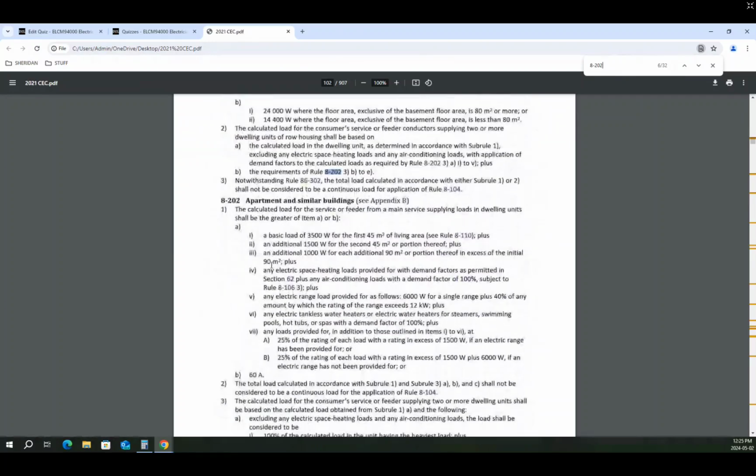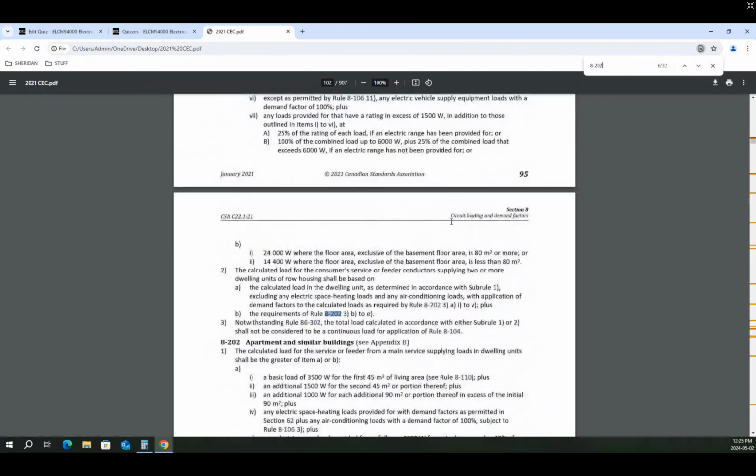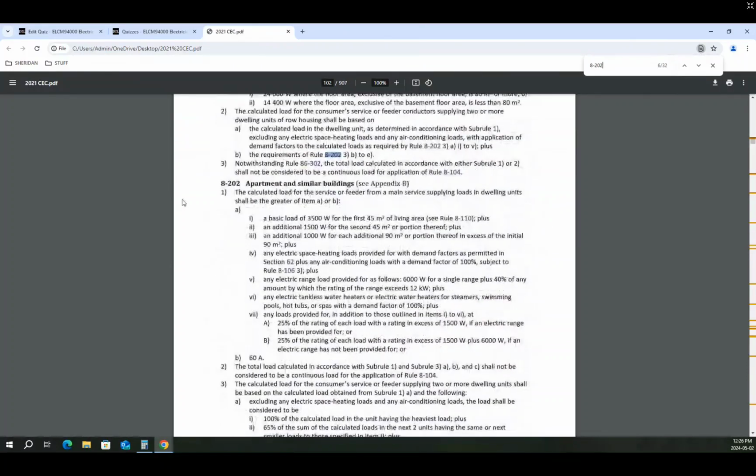Okay, 8202. Apartment or similar buildings, because this is section 8, which is circuit loading and demand factors. Calculated load of the service or feeder from a main service supplying dwelling units shall be greater of item A or B. The basic load of 3,500 watts for the first